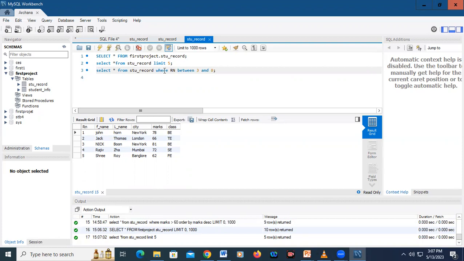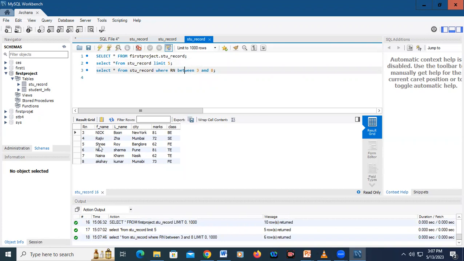So here the condition is I want to fetch the records from the table student record where the roll numbers are from 3 to 8. So these 6 entries I achieved over here. First of all, this one is from roll number 3 to 8. So in total 6 entries